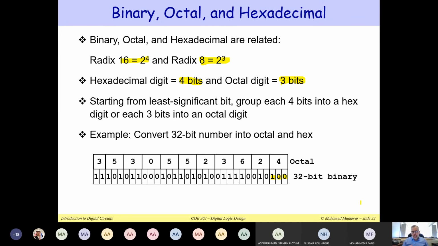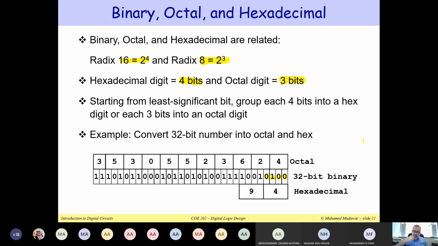Suppose I would like to convert it to hexadecimal. How do I do this? We take 4 bits. So now I have to add a 0, and it will become 0100. What is 0100? 4 in hexadecimal. Then I have 1001. I have to take 4 bits. 9. Yes. You see, this is why it's very important to remember the table that we have seen in the previous slide, so that we can do the conversion very quickly.